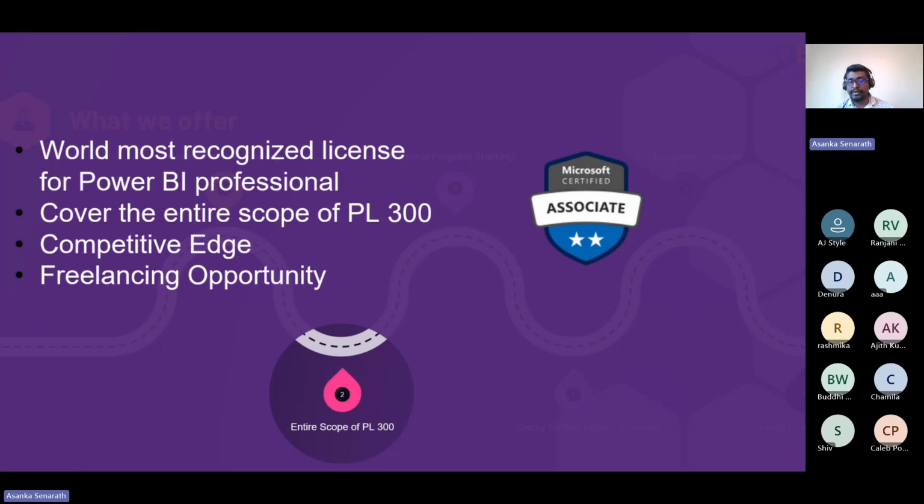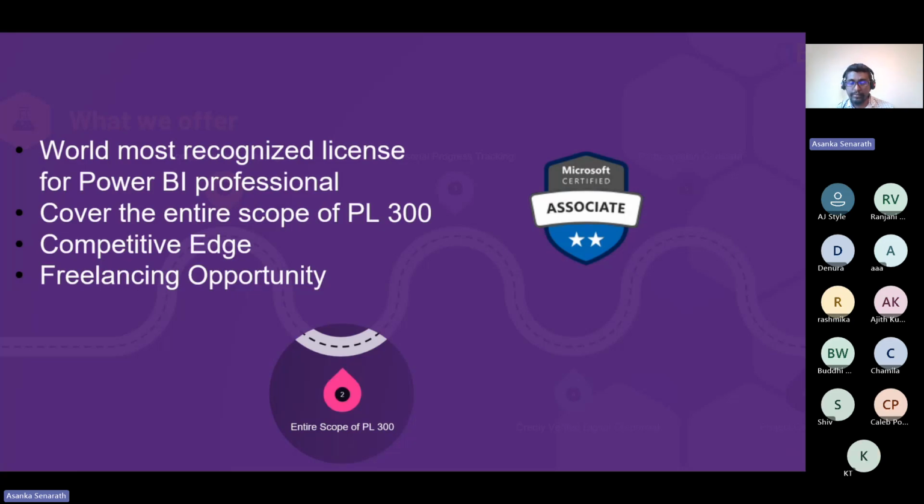So during this session, we'll be covering the entire scope that you need to learn to get through the PL300 exam. This is a license program where you have to go through a quiz. It's an exam actually, an online exam. So you have to go through a quiz, right? Even though it's MCQ based, it's a bit hard exam because